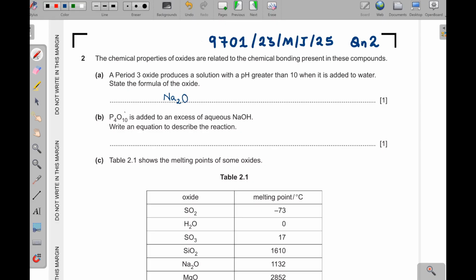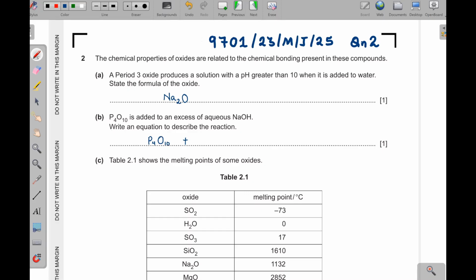Then part B, phosphorus pentaoxide. Remember, this one exists as a dimer, so we don't use P2O5; we instead use this one here. Then you're saying phosphorus pentaoxide is added to an excess of sodium hydroxide. Write an equation for the reaction. You see, this one is an acidic oxide. It is an oxide of the nonmetal, so it can react with the base. So we can have P4O10 plus